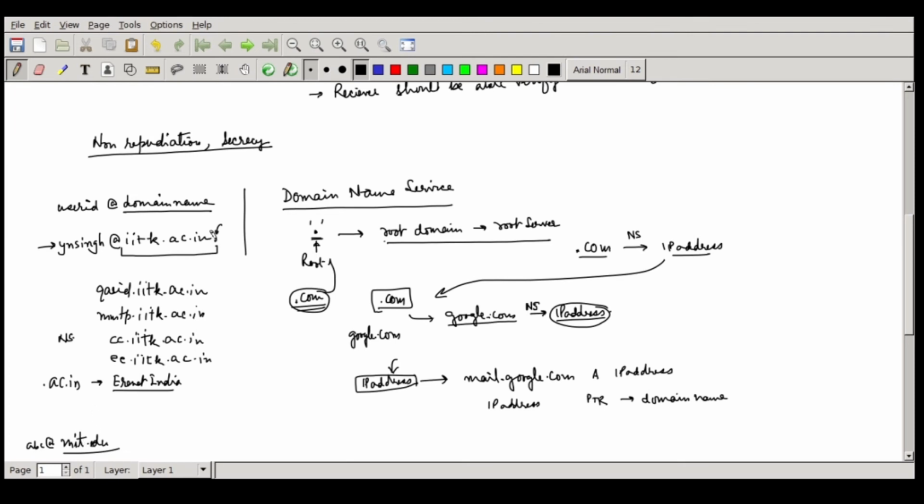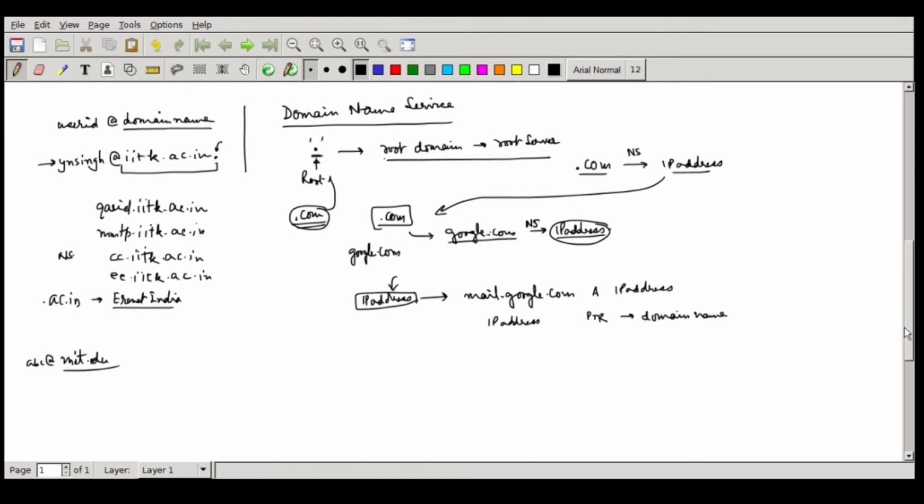So it will go to the root server and ask where the .in DNS server is. Then it will go to the .in DNS server and ask where the .ac.in server is. So ERNet India will reply, the DNS of ERNet India will reach it. Then it will ask the ERNet India DNS where iitk.ac.in is. So our DNS entry will become available to them, and because mail has to come here, there is something called the MX record. Okay, mail exchange record. So it will ask what is the MX entry for this particular domain.